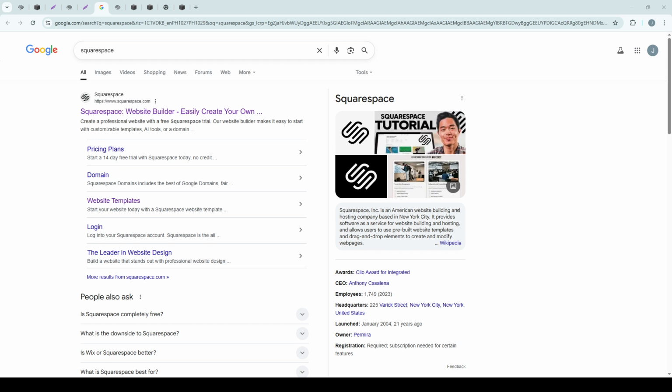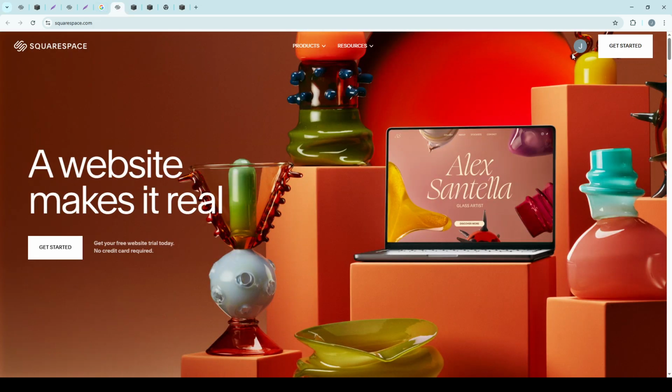So, let's get started. First, you'll need to navigate to the Squarespace website. Open your preferred web browser and type in the URL, or simply use your bookmark if you have one saved. Once the homepage has loaded, you're going to want to find the Get Started button. Clicking on this will redirect you to your dashboard, which acts as the main control center for all your activities